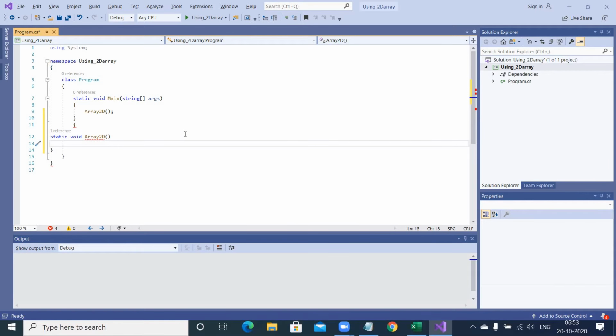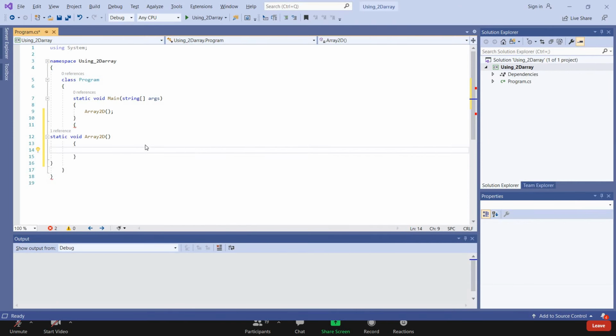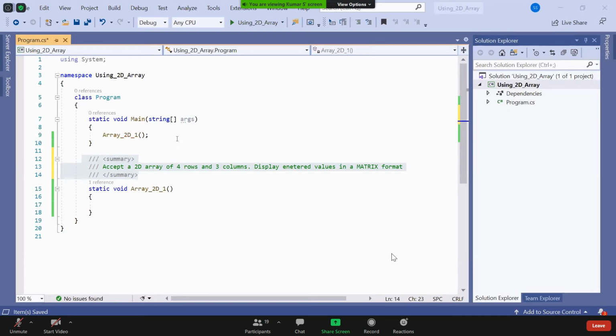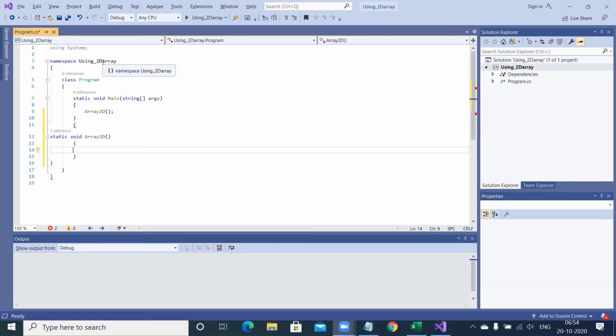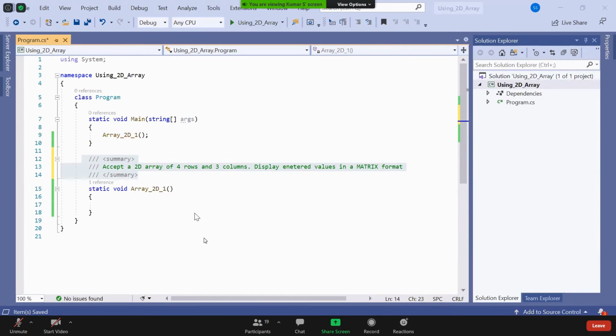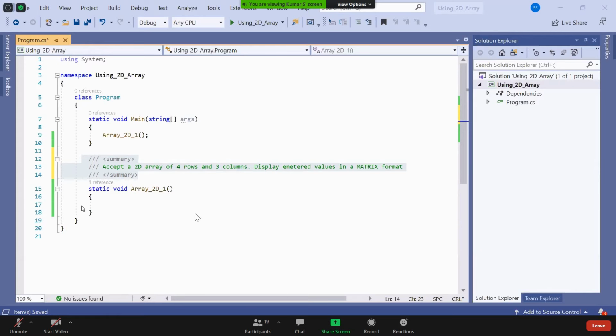So 3 times I press that slash, okay, the summary block came. Inside that summary block, I wrote what this program is going to do, so that whenever anybody comes to your program, first he will see what this program is going to do. No doubt nowadays we are doing small programs, that's why somebody without a summary can also understand.